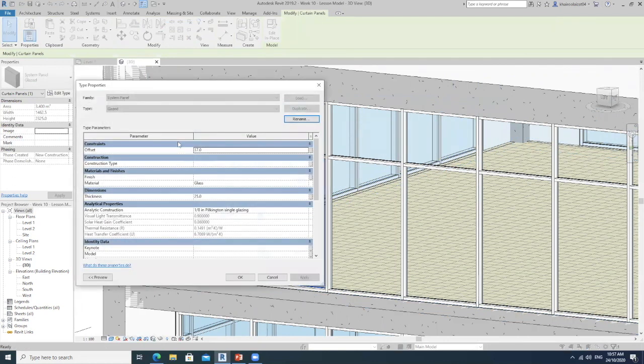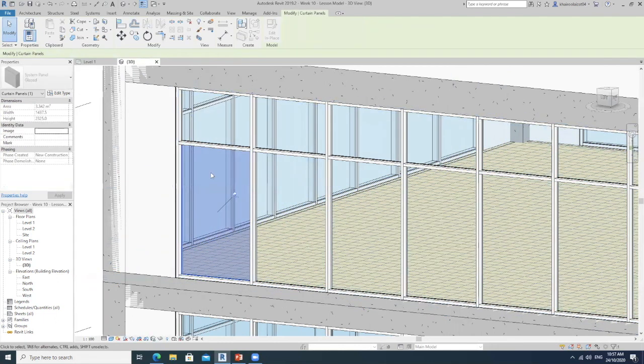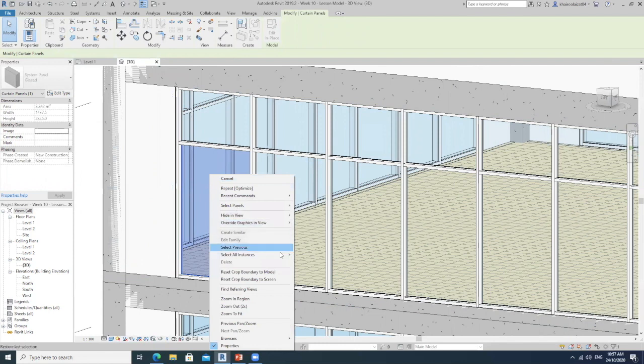If I edit type, notice that the glass that I'm using for the window is 1/8 in Pinkerton single glazing glass. So maybe I want to change the glass to low E or perhaps a reflective glass for better energy efficiency. So what I'm going to do, I'm going to select the glass, right click,